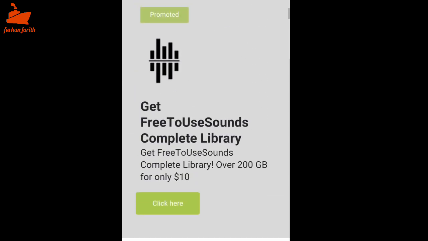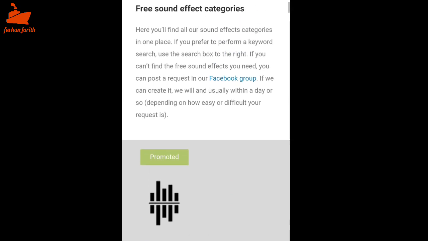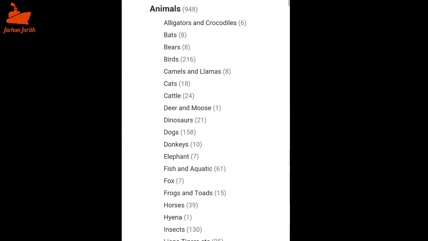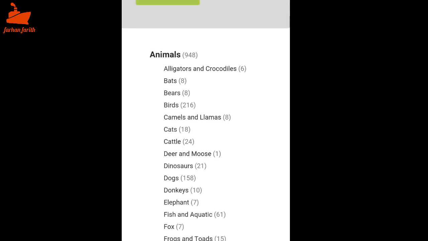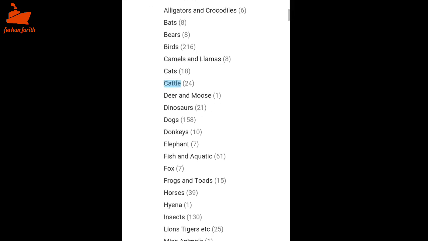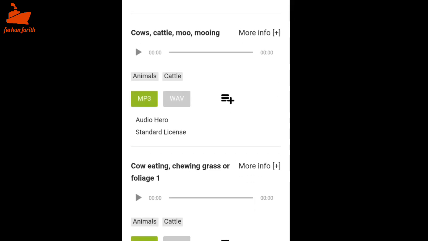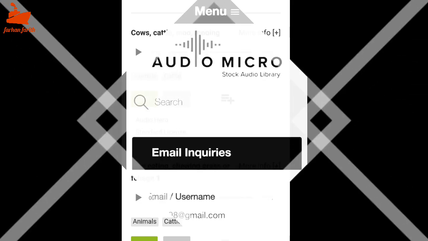Another thing is you can use the free sound library, or get the complete library for only $10, so you have to pay for it. You can just click any of the categories here, plus the animal section, where you can listen to all of these sound effects.